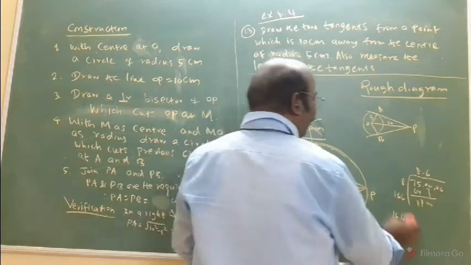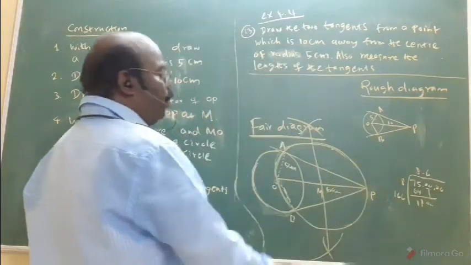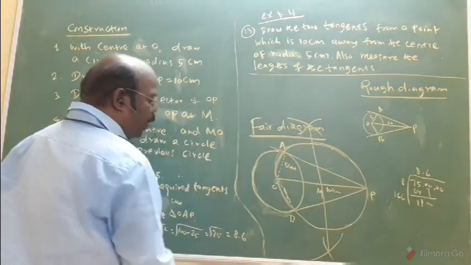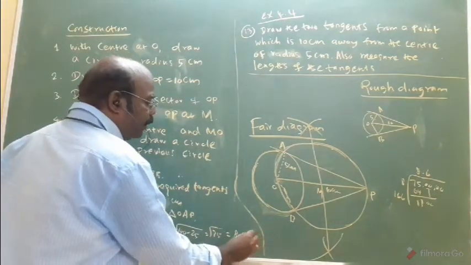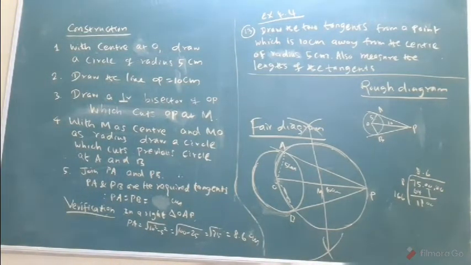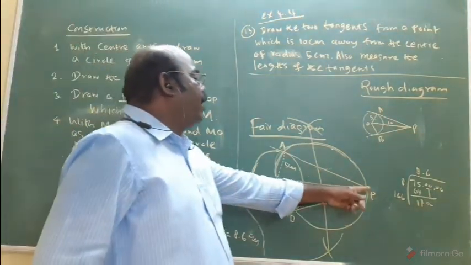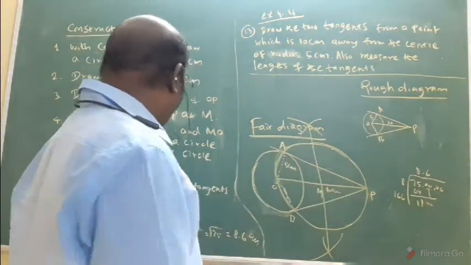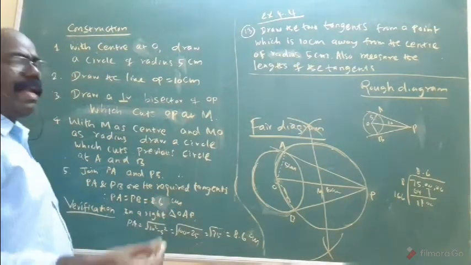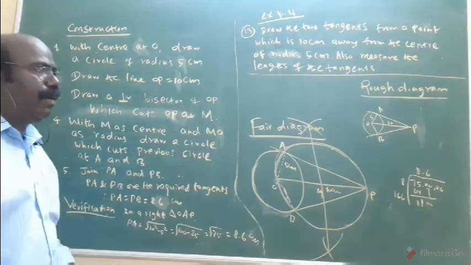In this way, this is approximate counting only. By using the scale also, you will get the measurement. Approximately 8 point something will come. That is the answer, 8.6 centimeter. Do the rough calculation, or otherwise, by using the scale, measure the length. The same length will come definitely. 8.6. Sometimes 8.5 will come approximately. That is not a matter.